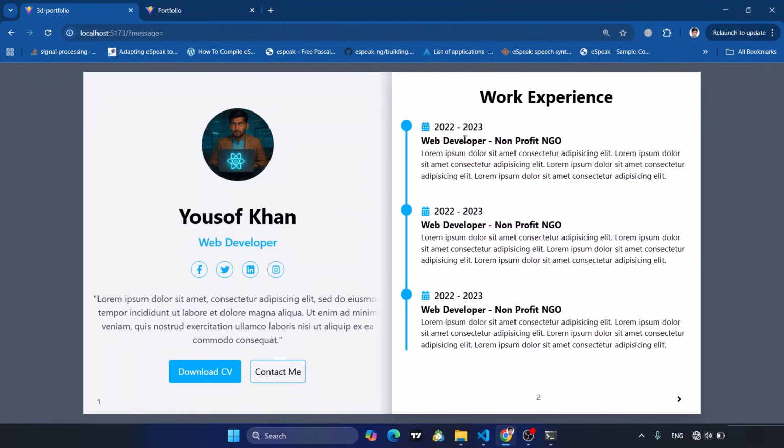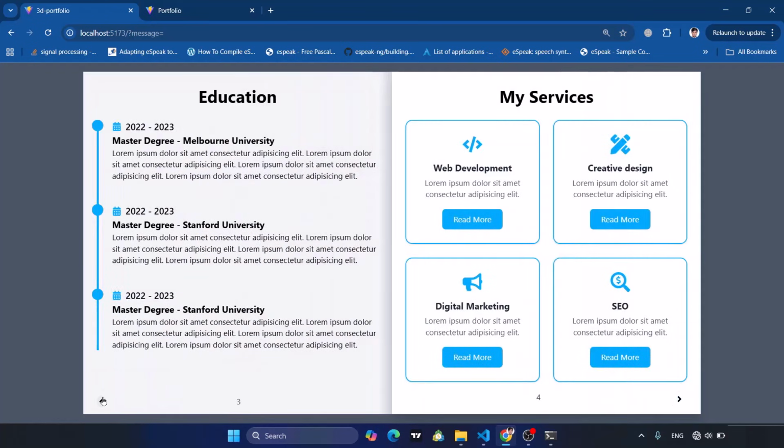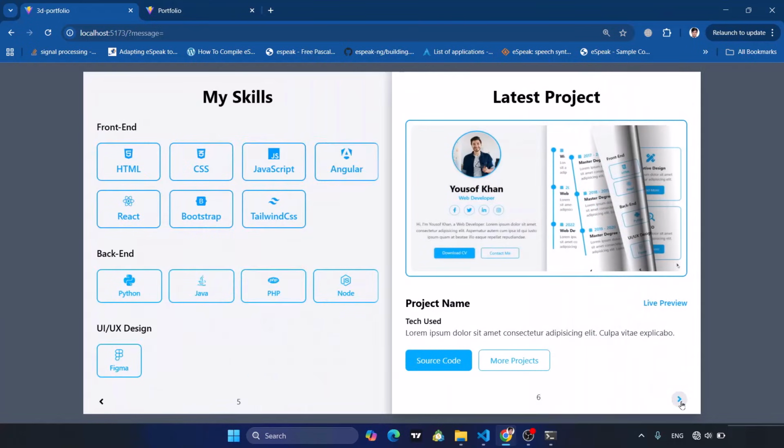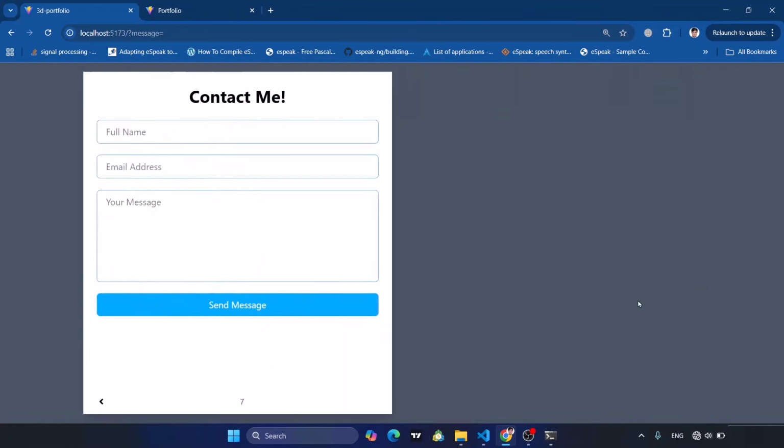Yeah, this was all about our portfolio. Let's check it now. Look, go previous, go next, go next. Everything is okay. This was all about our portfolio that we built using React.js and Tailwind CSS, a 3D portfolio website,